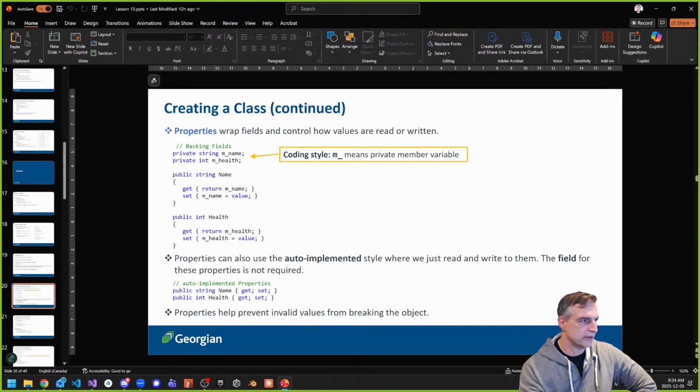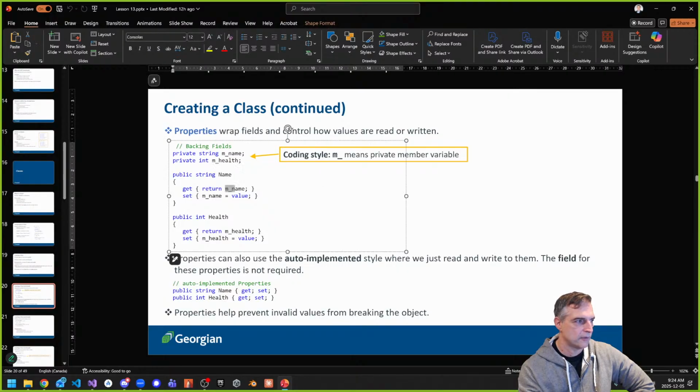So here's your field, and then you have your properties. Properties wrap fields and control how values are read and written. For example, we have get and set. Notice the get returns the name, so I take the name and return it when I try to get a value out of name.